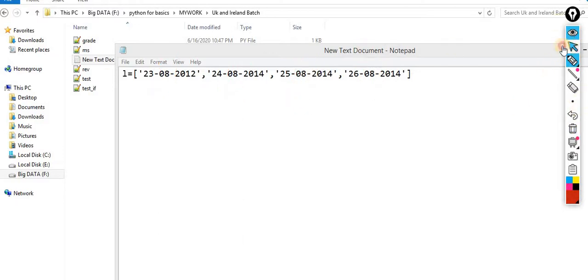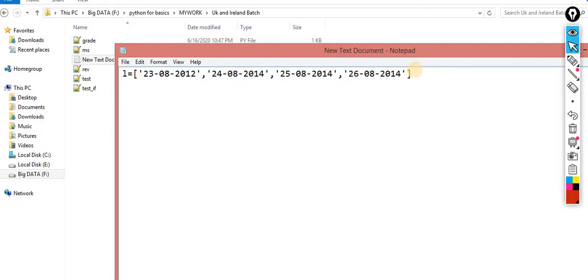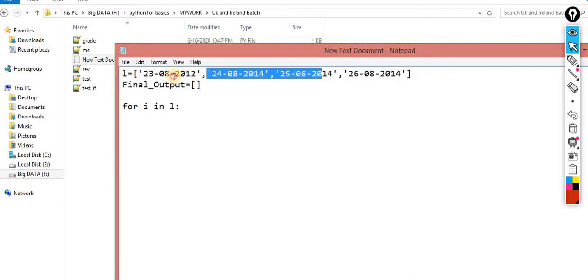So for the same, what I am doing is taking another empty list. Rather than taking Y, I am taking the complete name, so it is very easy to remember: final output. This is the list which will contain the final output. Now for i in L, first in i, what will I get? I will get this. I just have to think about it, nothing else. Don't worry about the entire process. You have to think about the logic on this first one. This for loop automatically converts it for all the values.